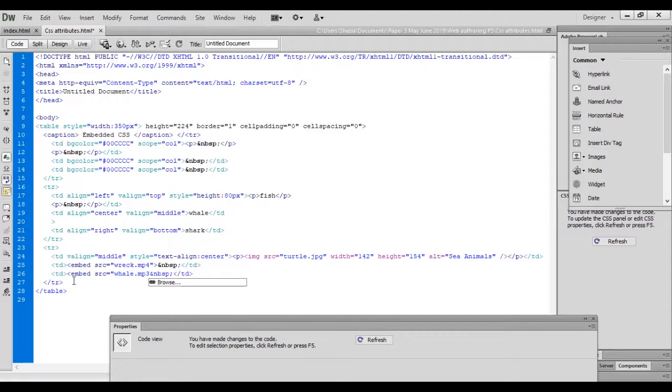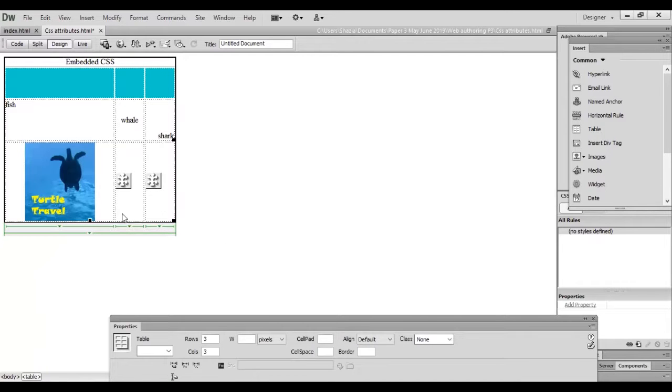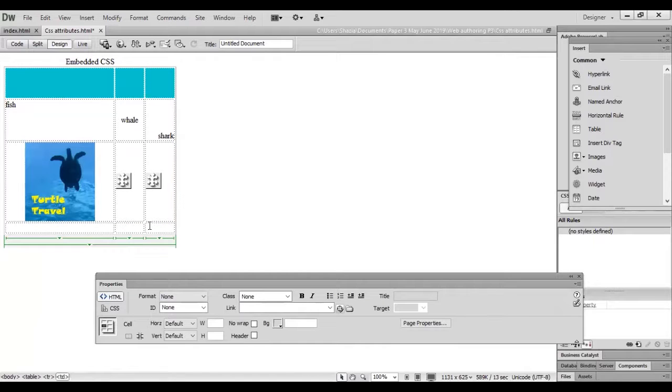This is the file name, and you should know it, or you can browse for it. When I view this, here are my video and audio. If I add one more row at runtime, row number 4, enter a video and audio.